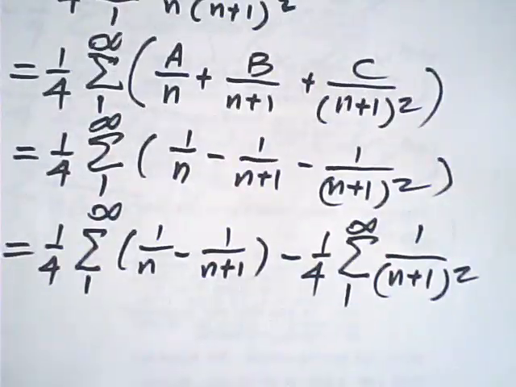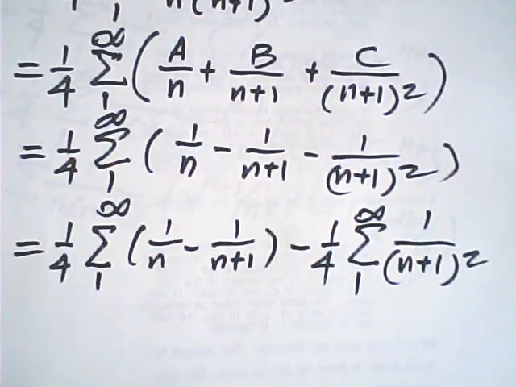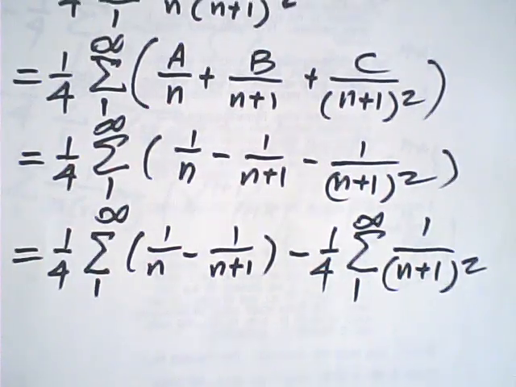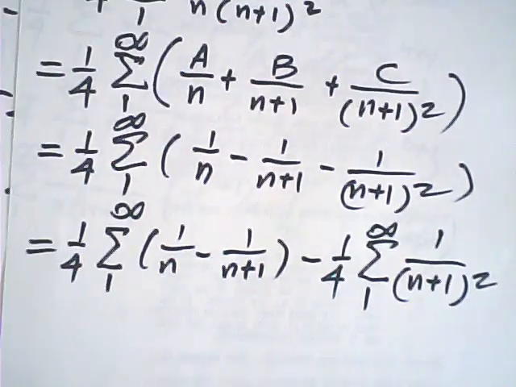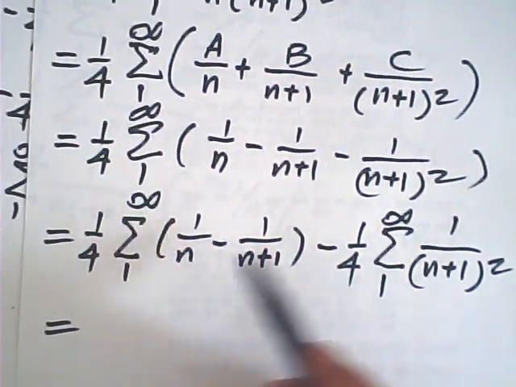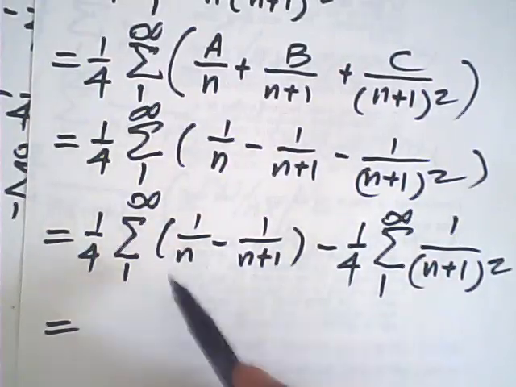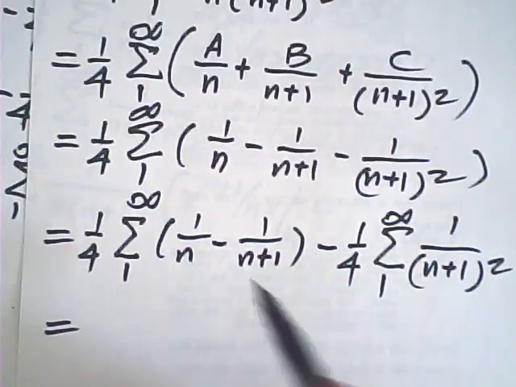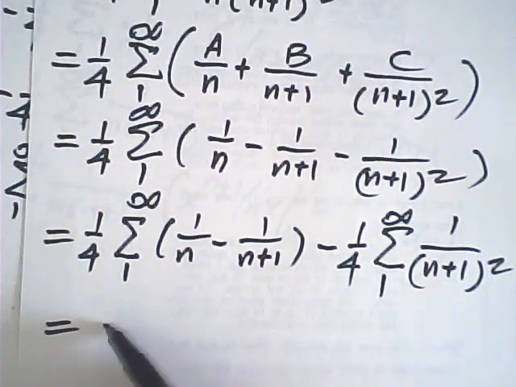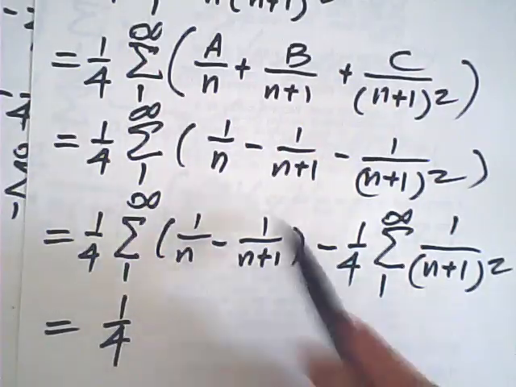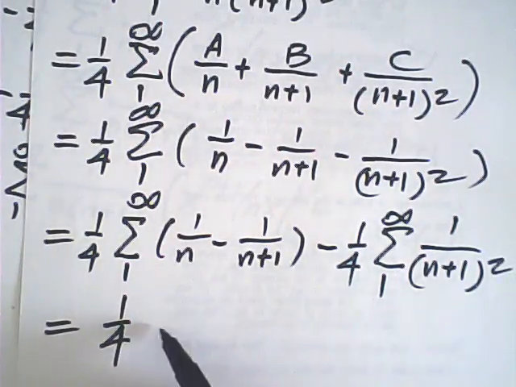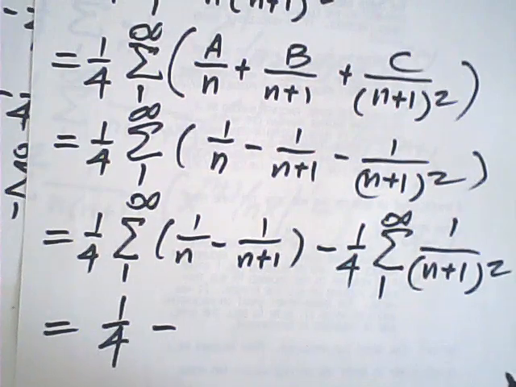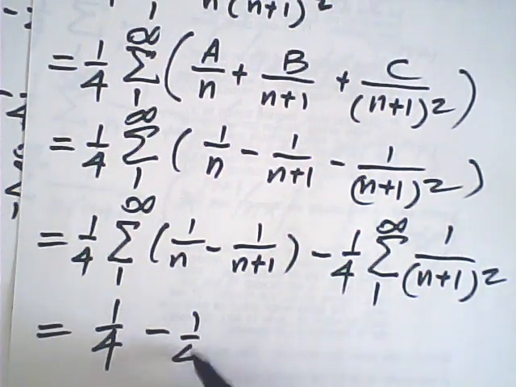Yeah, that's correct. This is a telescoping series, and it's equal to 1. So that is this. This is equal to 1. Minus 1/4